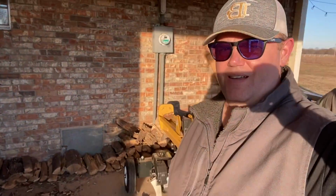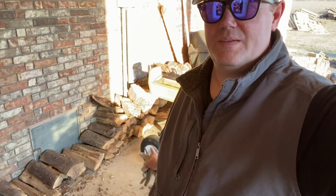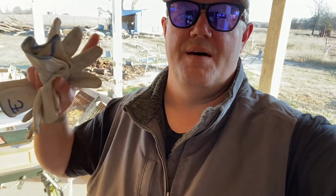All right, so, man, that is some harsh light. Step over here out of that sun. So, part of what I was talking about, all that wood, whoa, there it is. So, got it stacked quite a ways back there. I'm gonna move all that up and kind of restack it up here close, and then bring that pile that's back there in the back, try to bring most of it up here and get it stacked and kind of